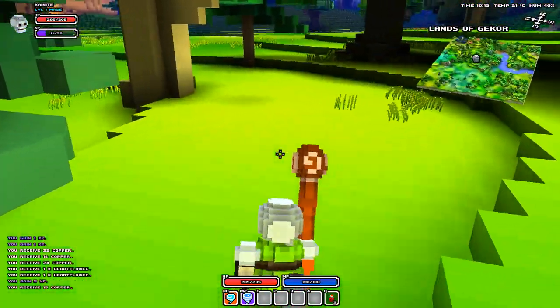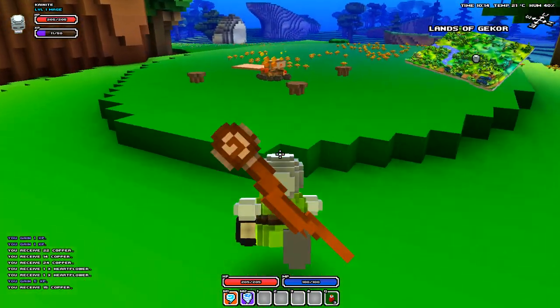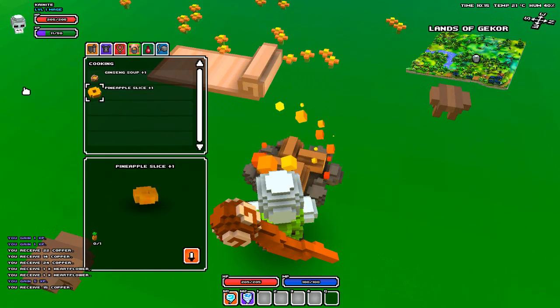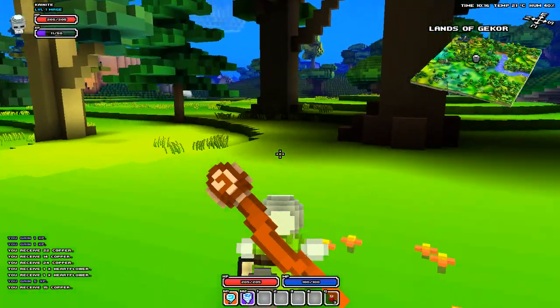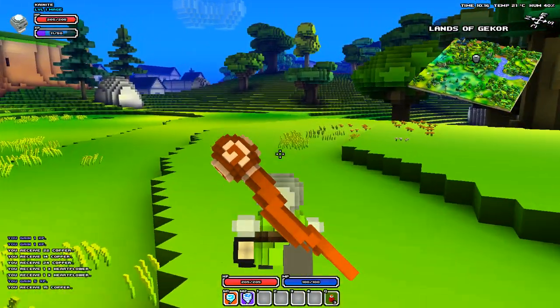So yeah, that's some of the crafting. That's a good example of crafting, actually. You get all these different ingredients around the world. Like at towns, you can get pineapple slices, or you can find these roots around. And it's interesting, and you can also use the crafting to make armor and weapons and